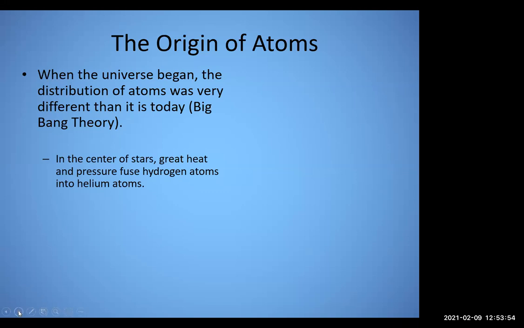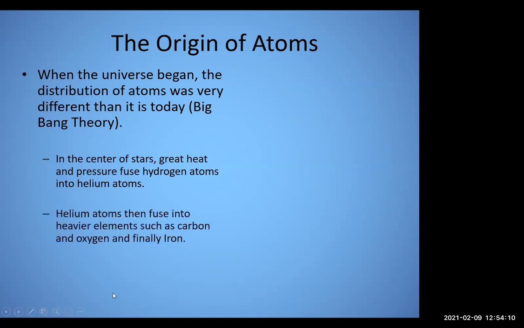Matter, the number one element in the universe is, of course, hydrogen. And hydrogen will form into stars. These stars are great big balls where fusion takes place. And so hydrogen will fuse into helium. Helium will fuse into heavier and heavier elements, carbon, oxygen. Once iron is reached, once they begin to fuse into iron, the star cannot gain any more energy from that.